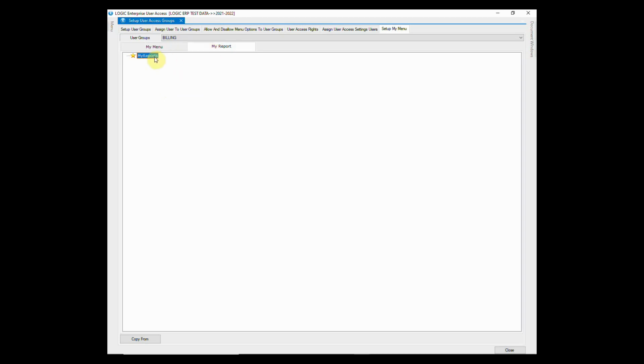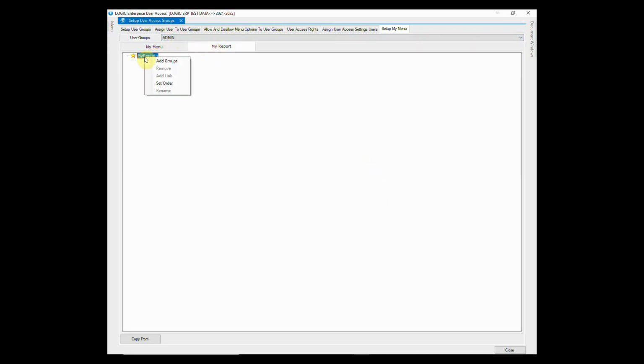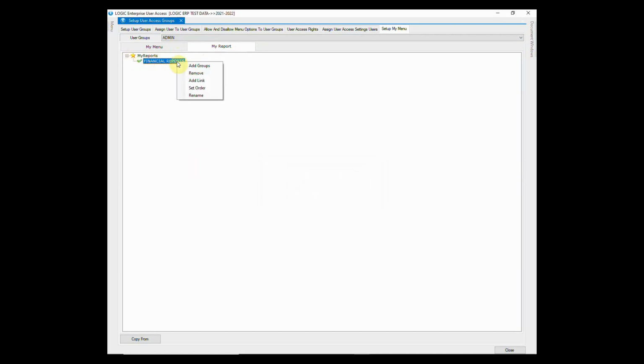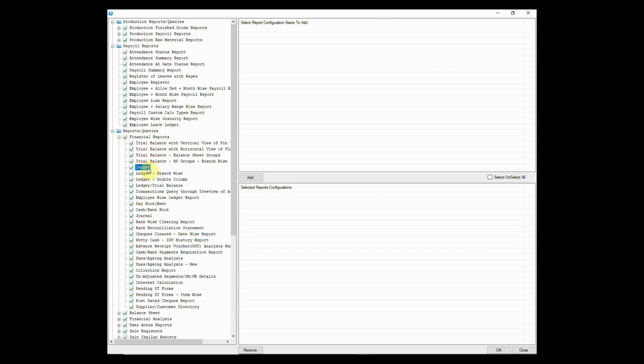Similarly, you can add reports in My Reports tab. Let us add My Reports for admin group. We have granted access rights of ledger to admin. But there are 4 configurations of ledger.